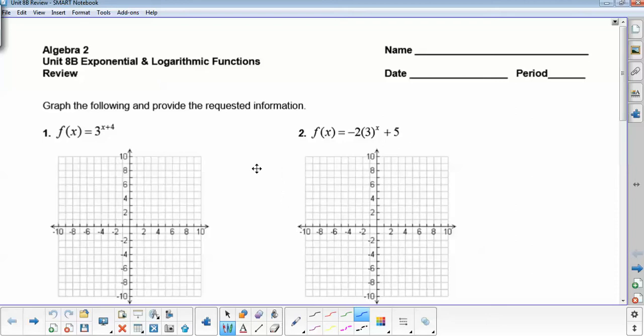I'm going to make one video that will go through a lot of the problems, skipping over a few for you to practice, and then you can check those practice problems with a second video. So we're going to start with y equals 3 to the x plus 4. Now you can put that in your calculator,